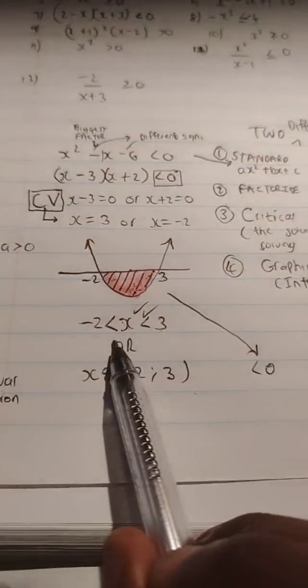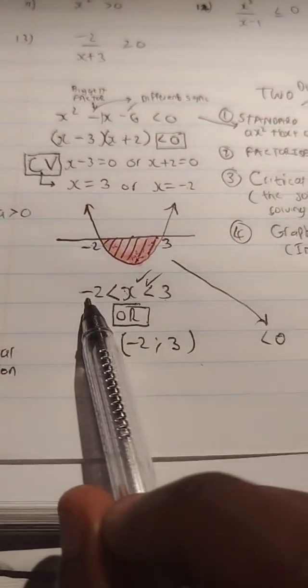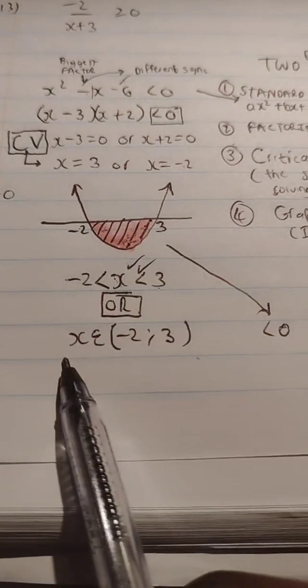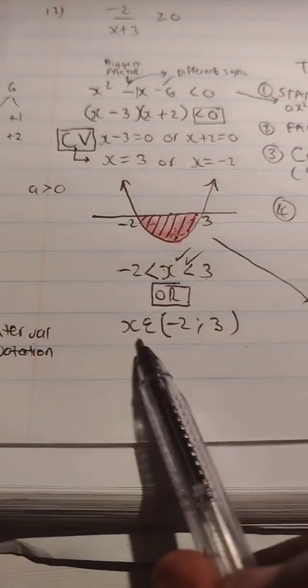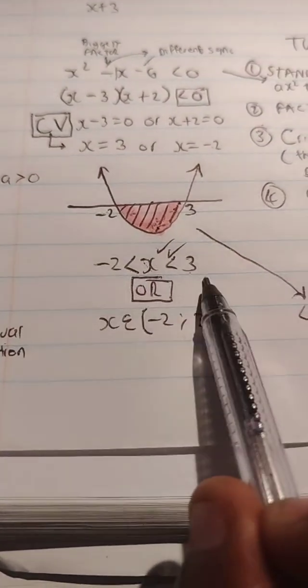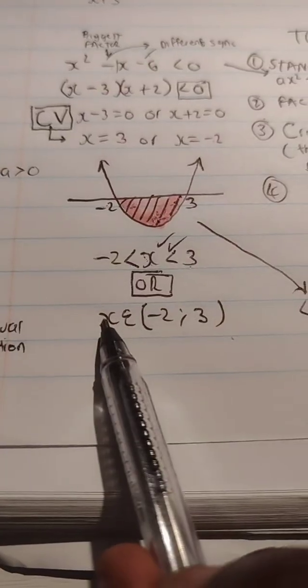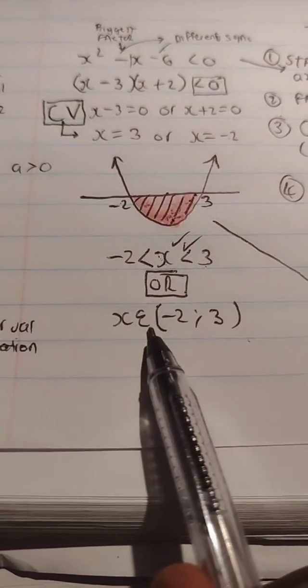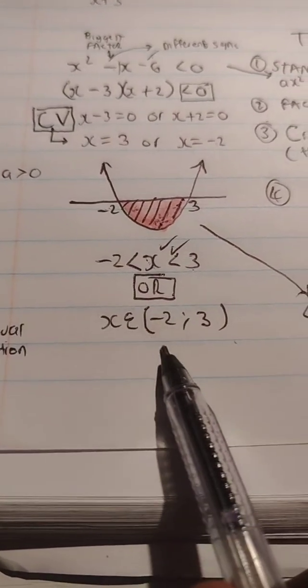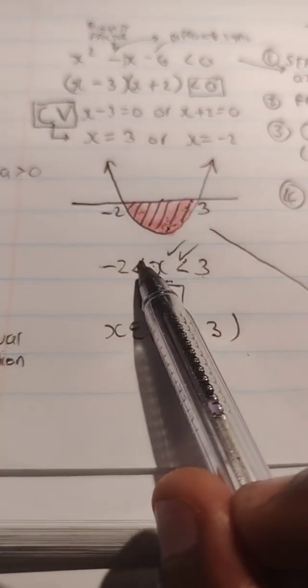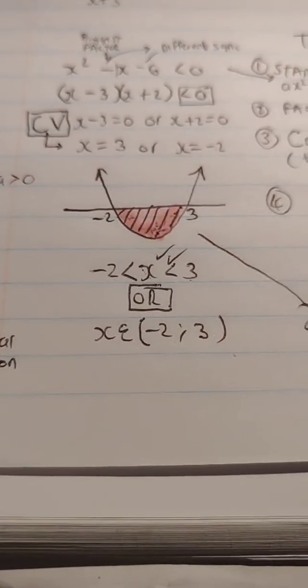This, guys, is the final answer, which receives 2 marks. We can choose to write the answer in inequality form, or we can write it in interval notation. The same answer can be written as x is an element of open brackets, because this is less than without an equal sign,